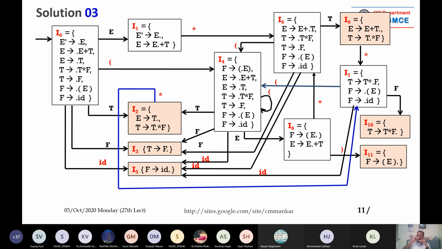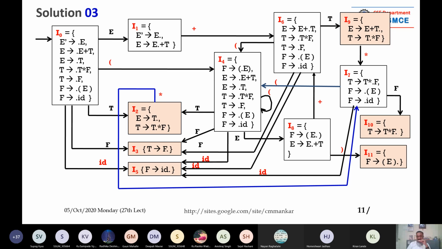Don't confuse it. If you get time, you can enlarge it on your side and understand the difference between dot and comma. Now in I10, there is only one production rule, T giving you T star F, and the dot is at the end. So all these shaded boxes are representing something called a reduce action.